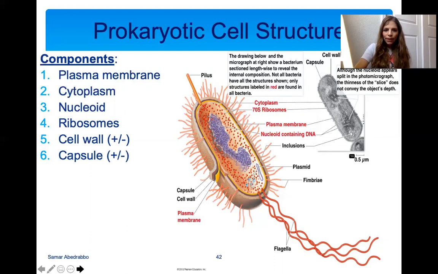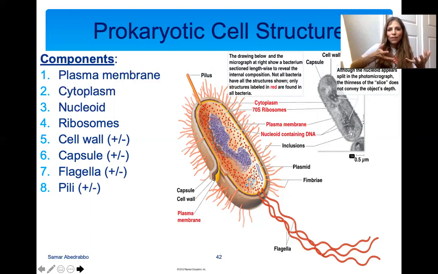Then we talked about the capsule. The capsule is a gel-like material outside of the cell wall, and it leads to more protection. And we talked about flagella, which are important for motility. Pili, which are hair-like structures all around the cell for attachment. And I apologize, I should have added fimbriae here, which are for attachment. Pili are the hair-like structures that are important for conjugation, which is when bacteria can exchange DNA with each other. And then some bacteria may or may not be able to form endospores, which are dormant structures that help cells